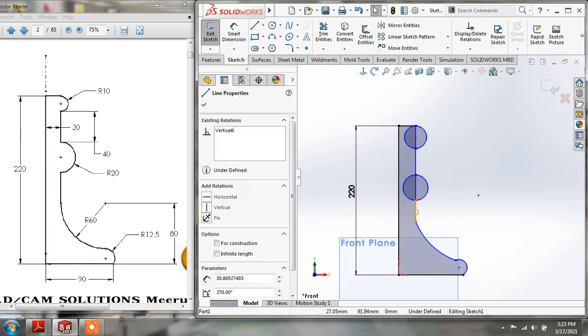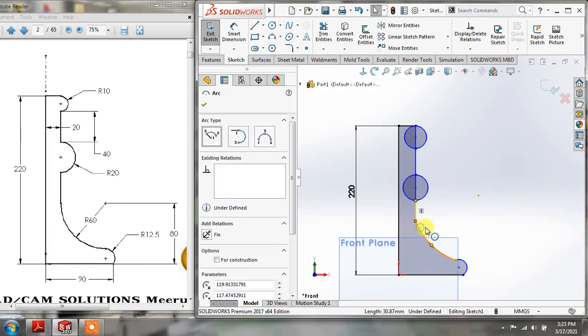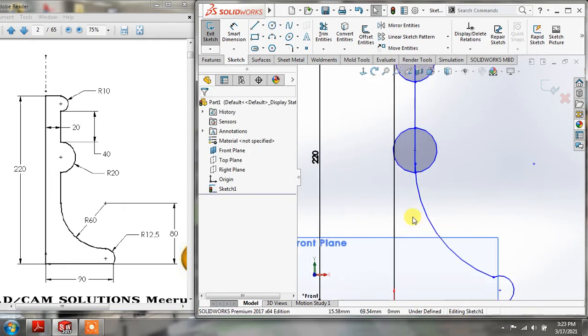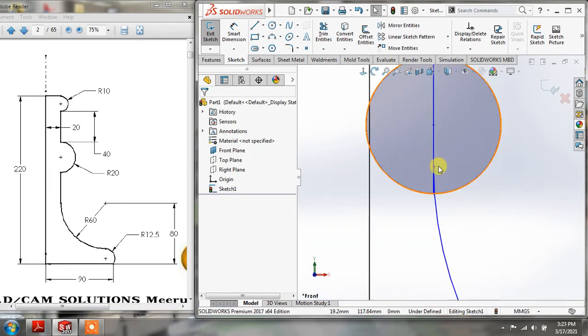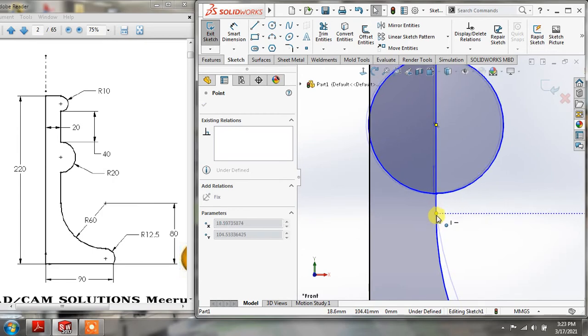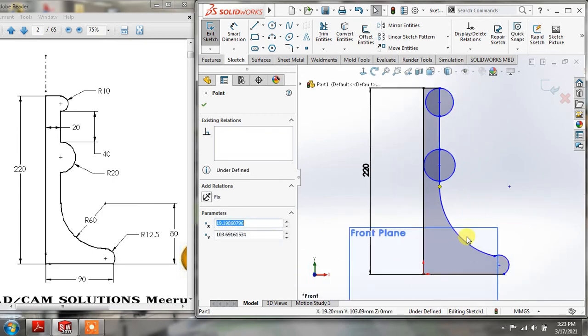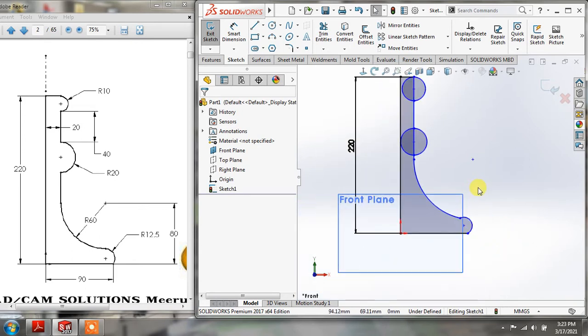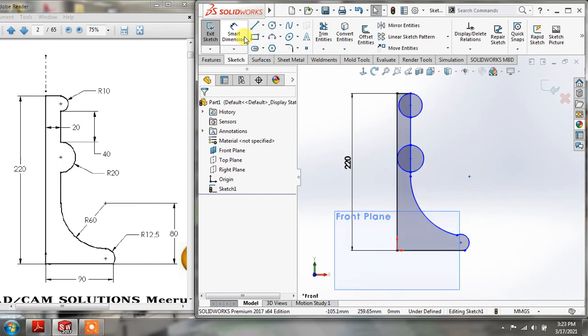Now this line and this curve both are tangent with each other, so make them tangent, and here we have two arcs and both are tangent to each other, but we will dimension first.